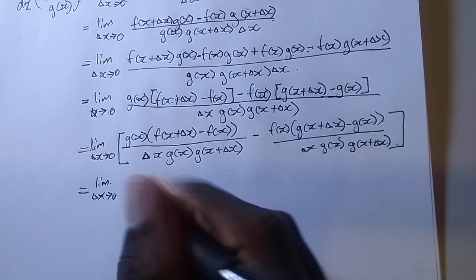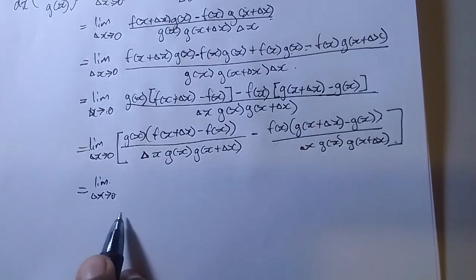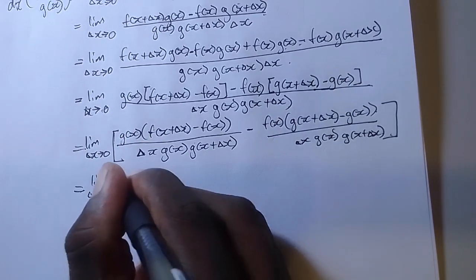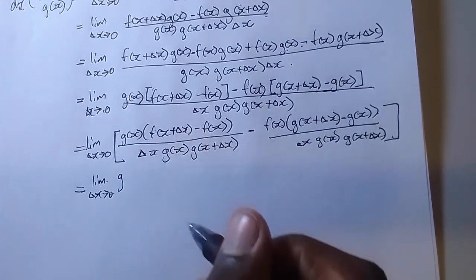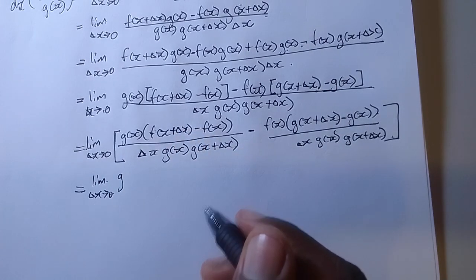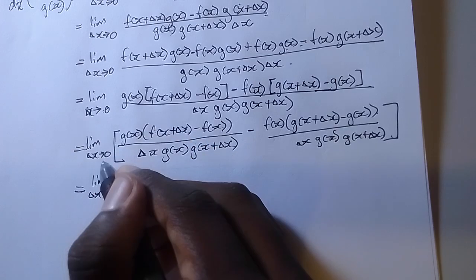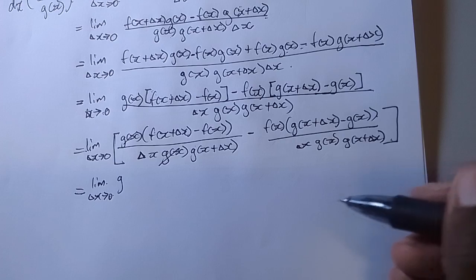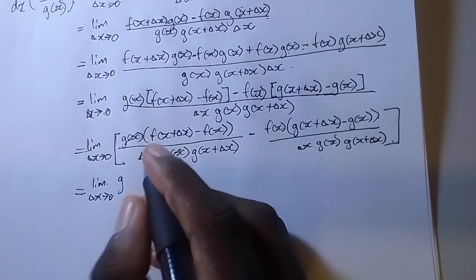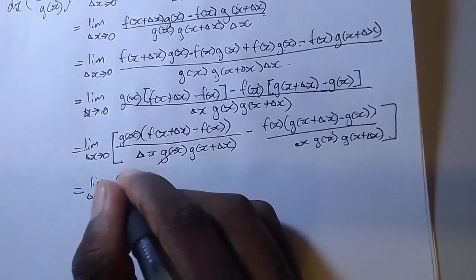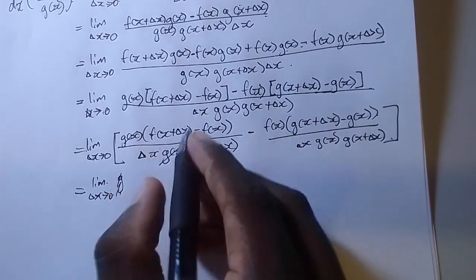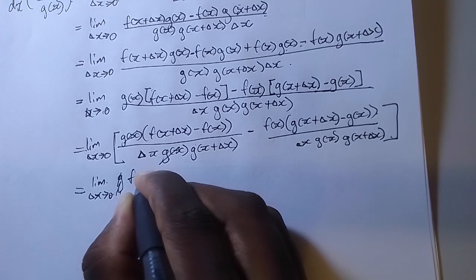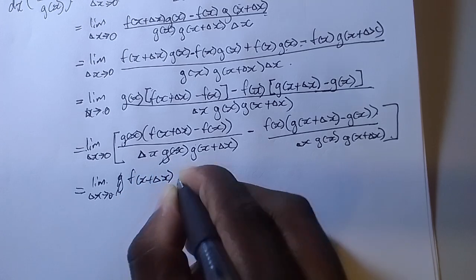We'll actually do it like this. You see, the limit as delta x approaches 0 of g of x. Oh, sorry. You realize that the g of x's will cancel, right? Yeah, I don't think it'll be much of a problem, and there's no f at x there, but it'll come back anyways. So we have f at x minus this, so it's the limit of f at x plus delta x minus f at x